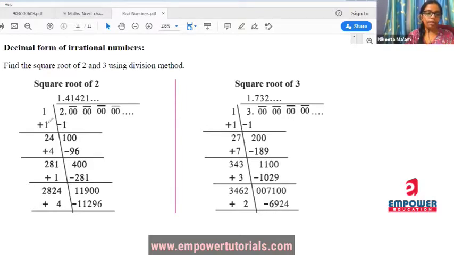Since I am multiplying this number by 1, I am going to write it over here. So 1 into 1 is 1. Since I'm multiplying it by 1, I'm writing 1 over here. So 2 minus 1 will be 1, right? After that, since there is no other number after 2, I will add a decimal over here and take this set of 2 zeros. So I will get 100 over here.